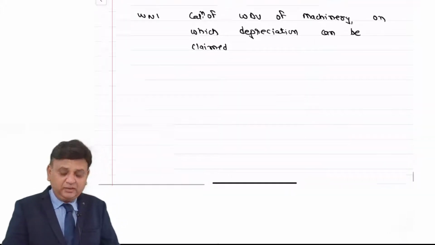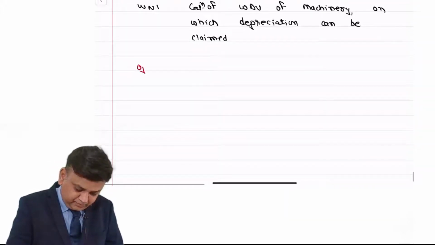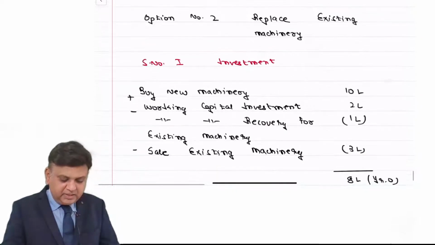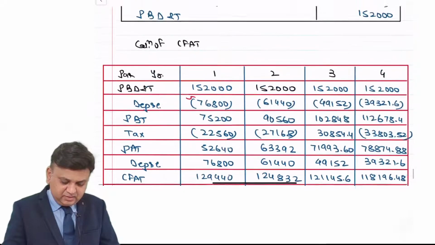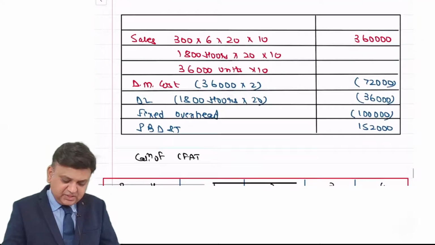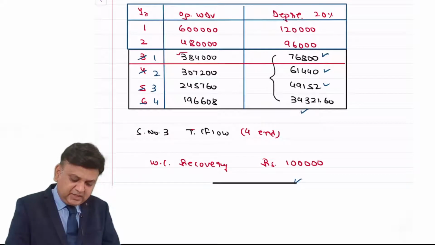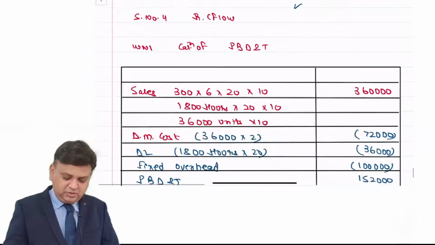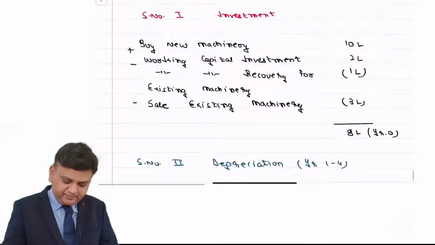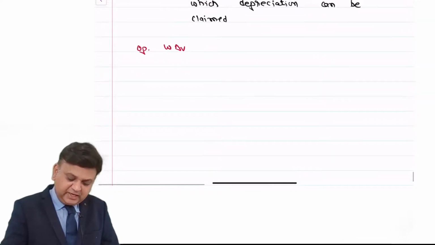In that we will write opening WDV. Dear students, as far as the existing machinery is concerned, its current WDV is 3,84,000. So the opening WDV is 3,84,000